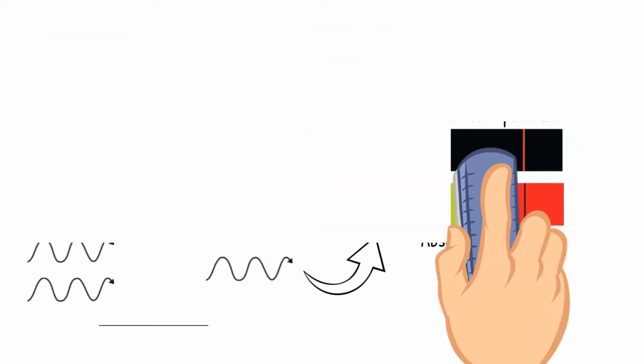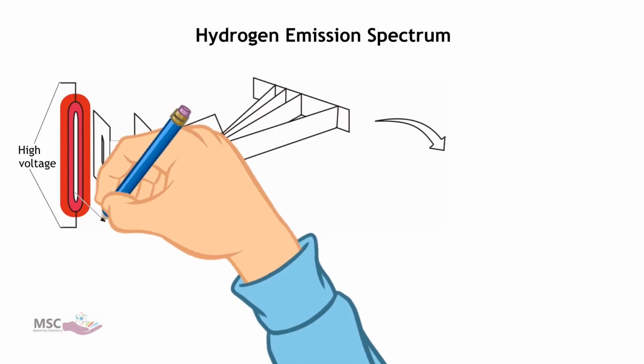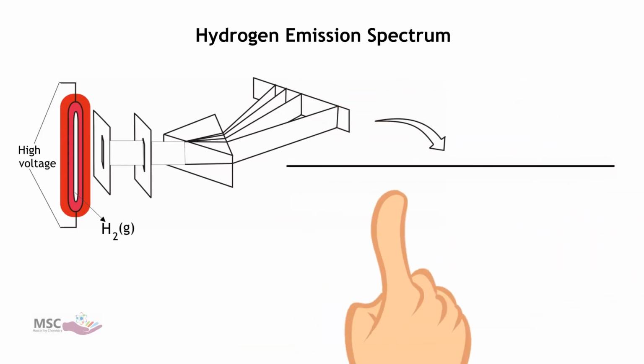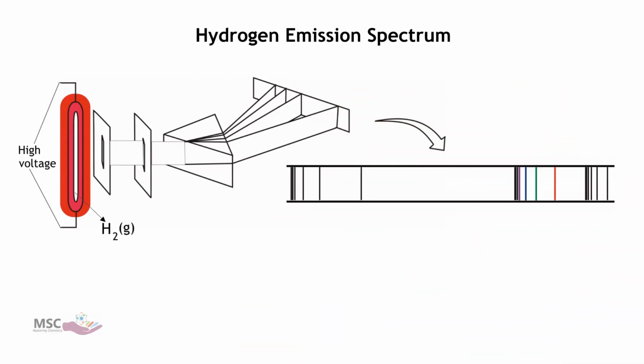Hydrogen gas is in a discharge tube, which is a thin tube containing hydrogen gas at low pressure with an electrode at each end. When high voltage is applied, the tube lights up with a bright pink-red glow. The light emitted is passed through a prism or diffraction grating, and it is split into its various colors. What we can see here is a small part of the hydrogen emission spectrum. Most of the spectrum is either in the infrared or the ultraviolet. Therefore, those parts of the spectrum are invisible to the eye.